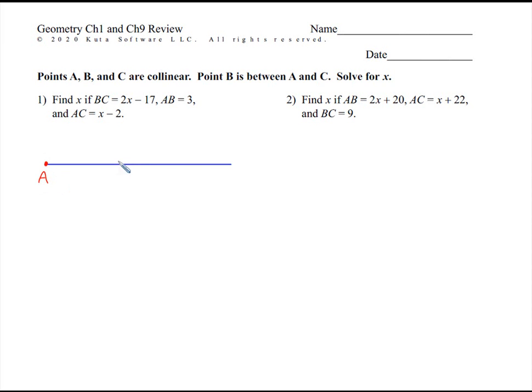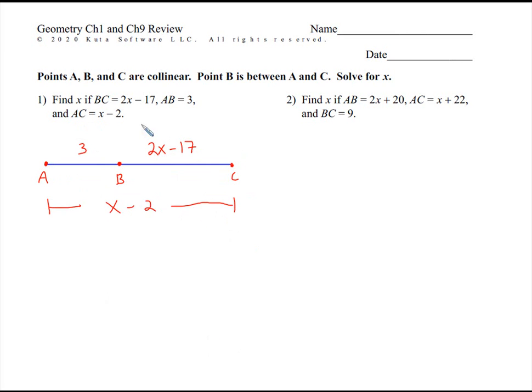So let's say here's A and C at the ends, and it says B is somewhere in between. So you could just put B somewhere in between. Okay, and then we're given some information here. It says BC is 2x minus 17. So this length here, BC, is 2x minus 17. They tell us AB is 3, so AB is 3. Okay, and then we're told that AC, so this whole length here, is x minus 2,